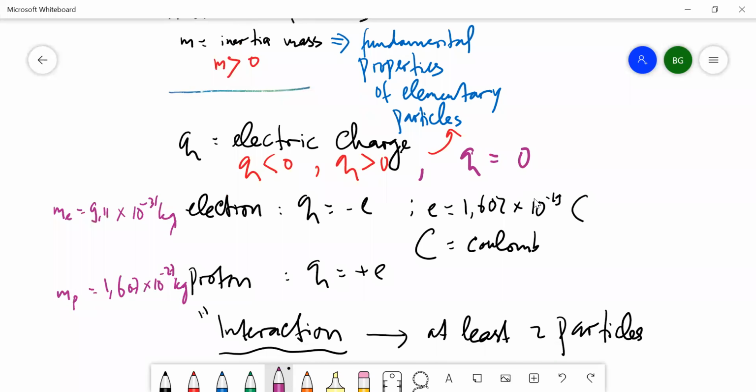As we have seen, these properties distinguish between them. Electrons have different charge compared to the proton, and the electron also has a mass different from the proton. So that's why we say this mass and also electric charge can be used to distinguish between particles. Okay,